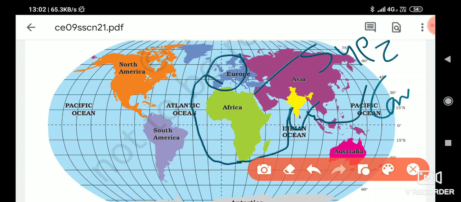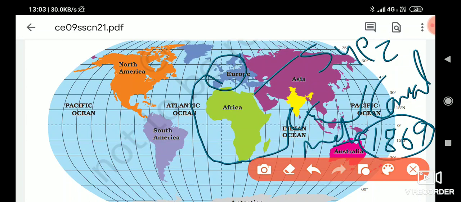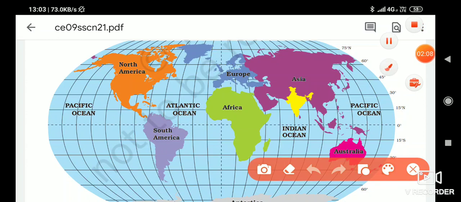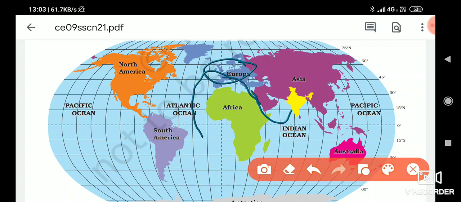Suez Canal. Okay. And remember one thing, the Suez Canal was opened in 1869, and 1869 was also the birth year of Mahatma Gandhi ji. So you can remember both things together. When the Suez Canal was opened, it was very easy for the European sailors to connect to the Asian countries from here to here, as you can see. And before this, when the Suez Canal was not opened, they used to take this much